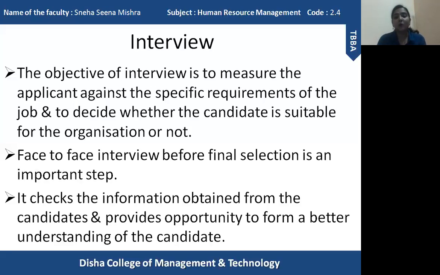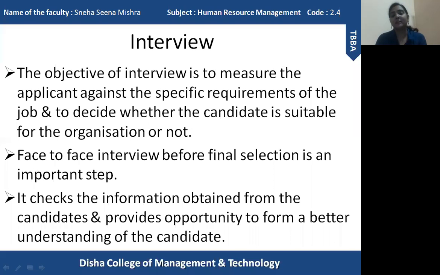Okay, and it also provides an opportunity to the management to understand the candidate in a better way, because when we communicate with someone directly face to face, the interaction can reveal many things about the candidate, about his or her personality, the way he or she communicates, and various other things. So it helps the management to understand the candidate in a much better manner. Okay,